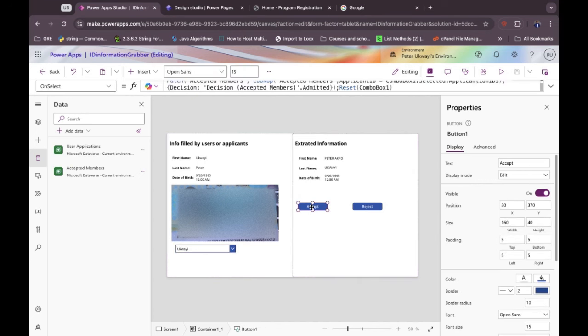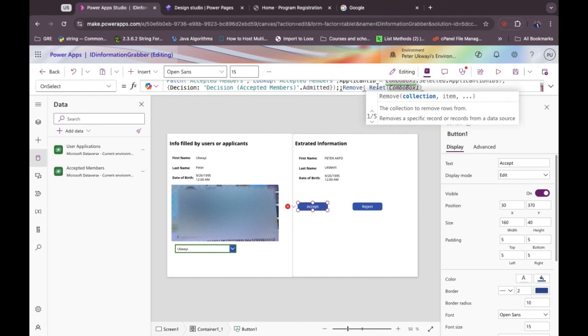So after this, we might want to remove. Remember the function I told you about. I want to remove users' applications where